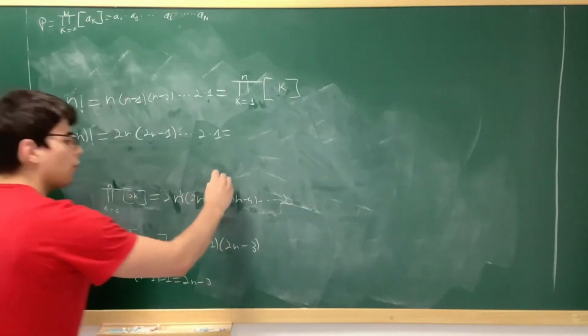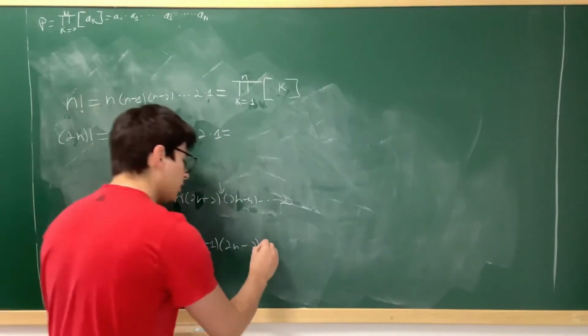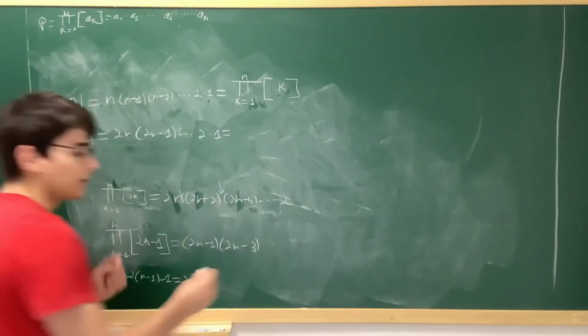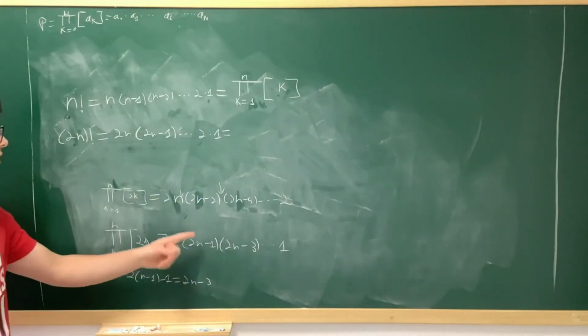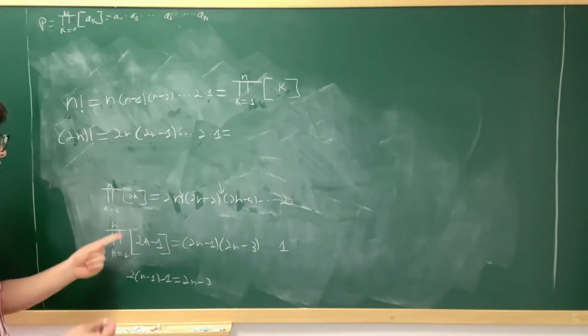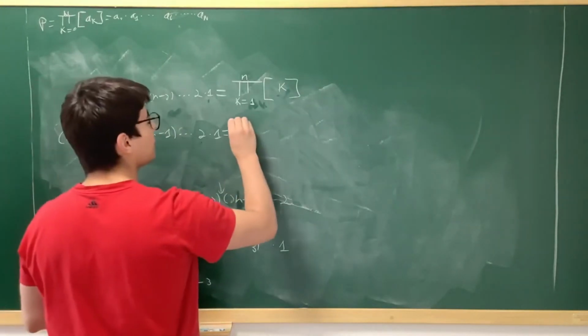But this was the term that was missing right here. And if we keep on going, we actually will get up to 1. So hey, I have the even terms, I have the odd terms, but I want them all together. So I can use the properties and multiply both products. And we will get that